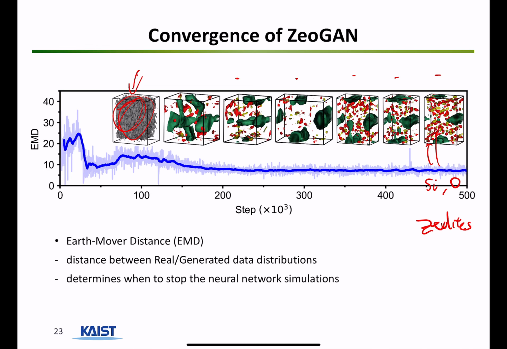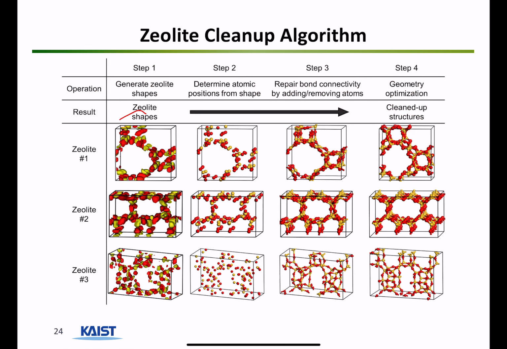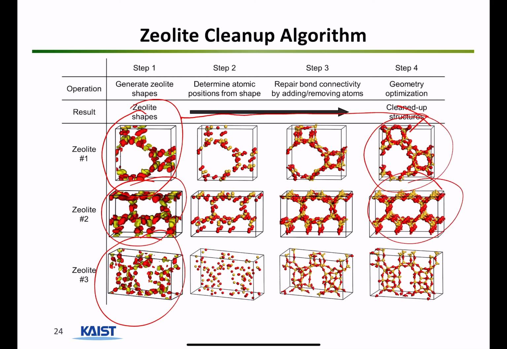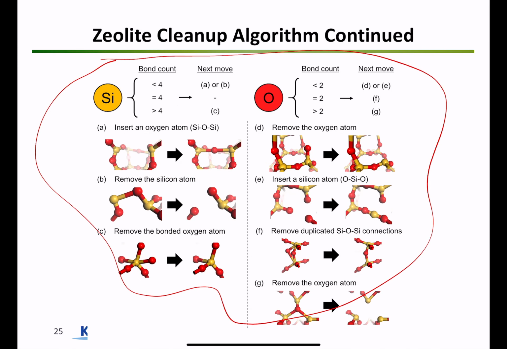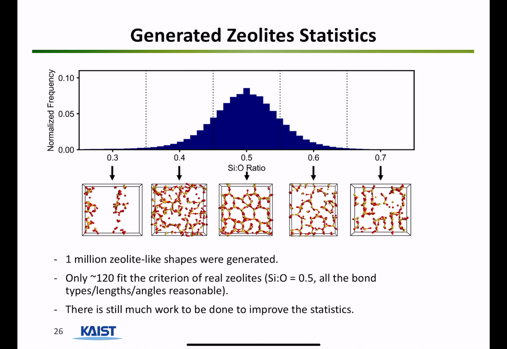And once the training is done, we can get the images that the GAN, our neural network, has created, and we can go through some modification steps on actually creating zeolites from these. And you can see that these look very similar to one another. And these are some of the rules that we use to clean up the structures. They're not important. What's important is that we can create new materials, but not everything is a material.